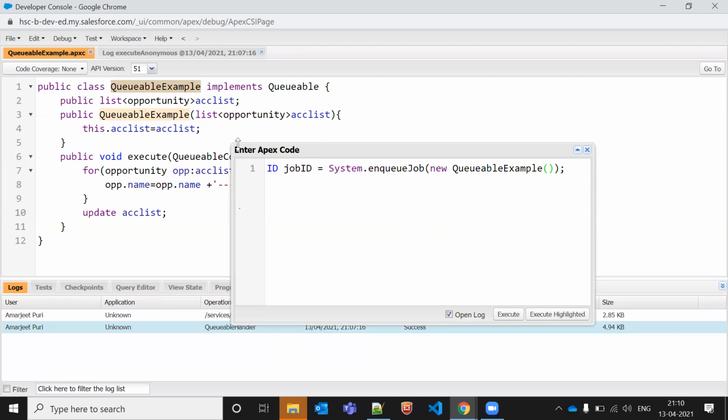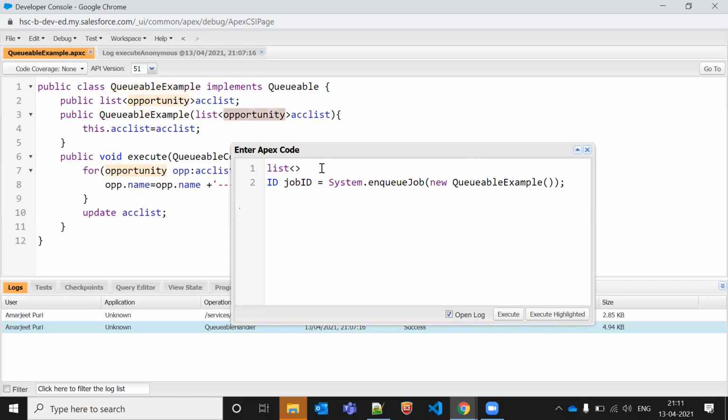I can pass the list of opportunity records. OPP list is equal to select ID from opportunity. Let's not take name, let's take an error first.